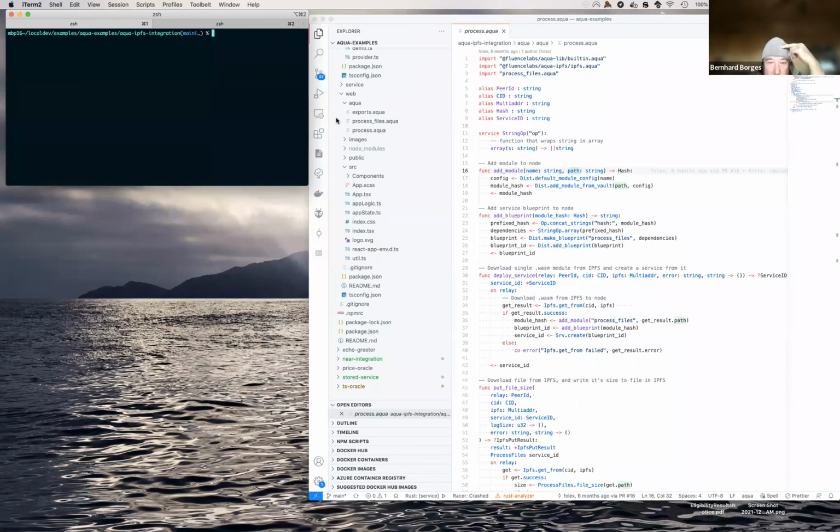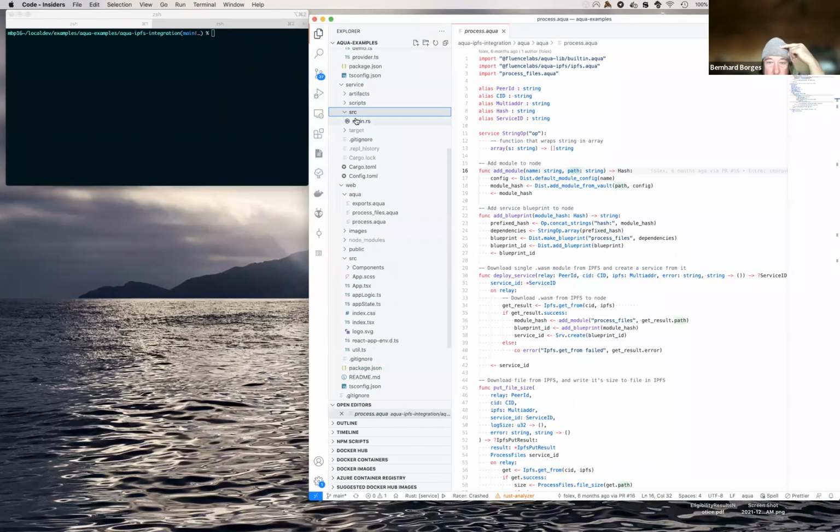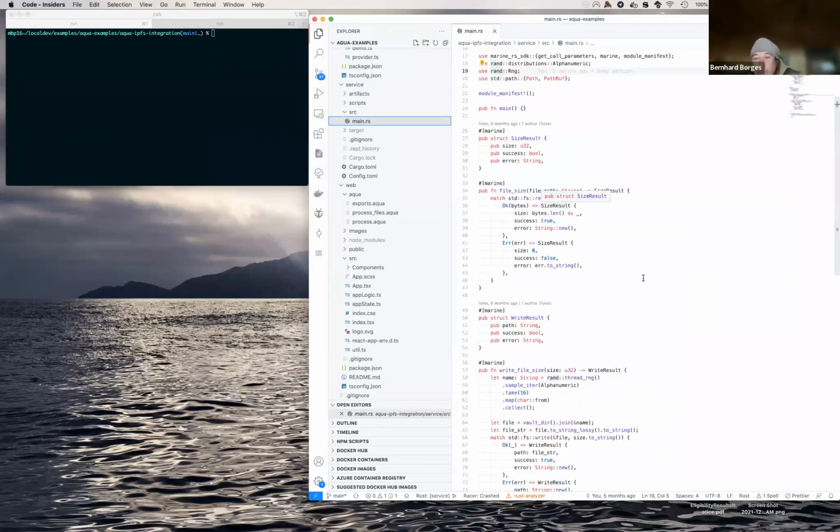That WebAssembly module is here. Basically, it's a very simple WebAssembly module we're creating that allows you to calculate the file size of whatever file path you're giving it. That's it. So that illustrates, to a certain extent, how fine-grained you can get.